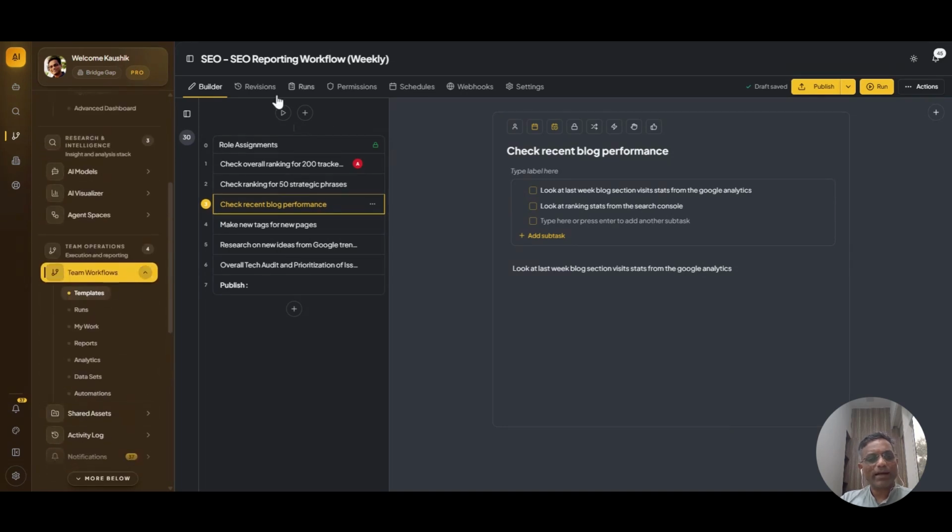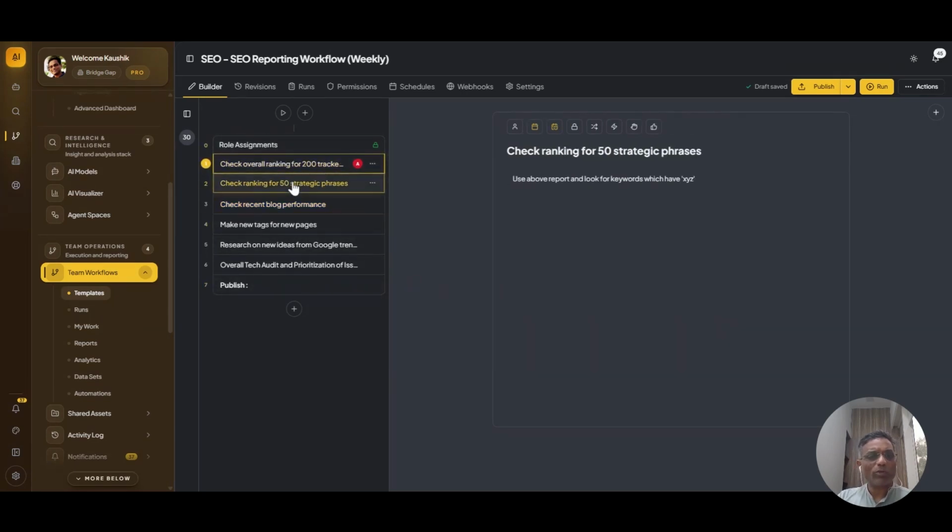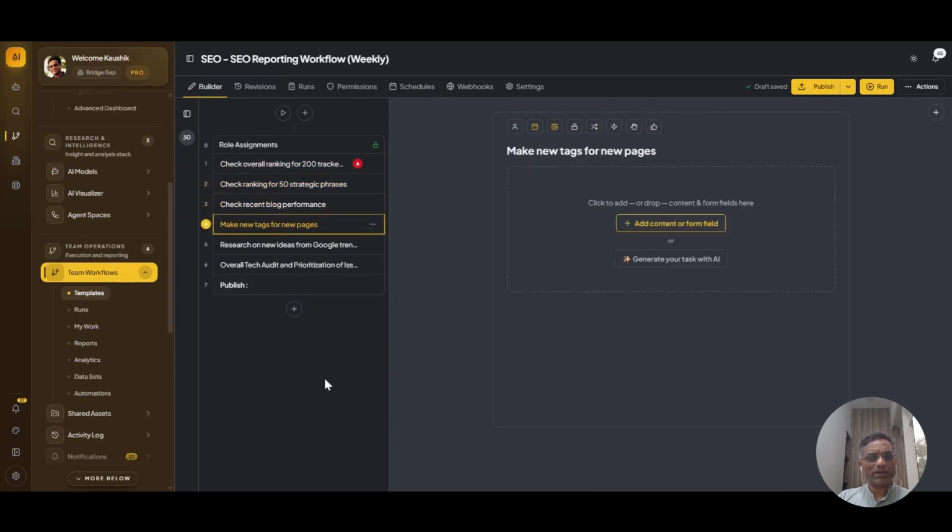And here I'm just taking an example of an SEO reporting workflow. As a team leader, and I'm taking the example of SEO, but this is in the context of any kind of work which happens in a professional service environment. Especially around reporting and recommendations, the best folks in the team are the team leaders, the domain experts. So you have a certain way of doing it, right? And it's important to document it as step one, step two, step three, step four.